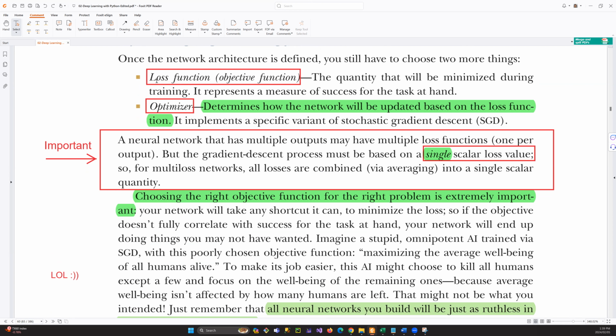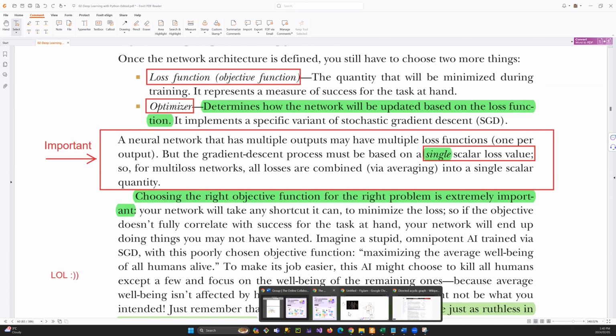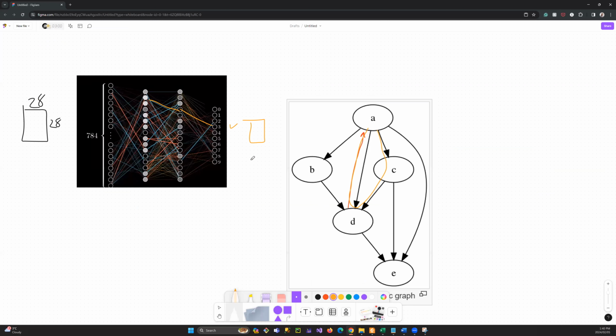But before that, I want to tell you that yes, we have loss function or objective functions. The other name is cost function. And it's going to calculate that error, and we pass it to the optimizer, and it determines how the network will update based on the loss function. And this is something that we need to consider. If you look at the graph here,